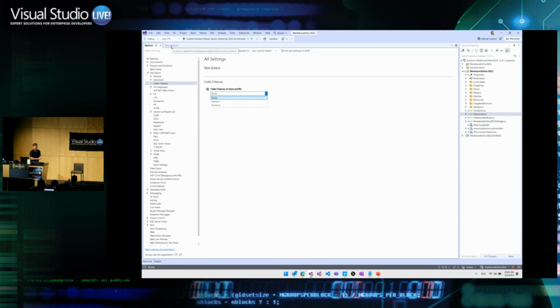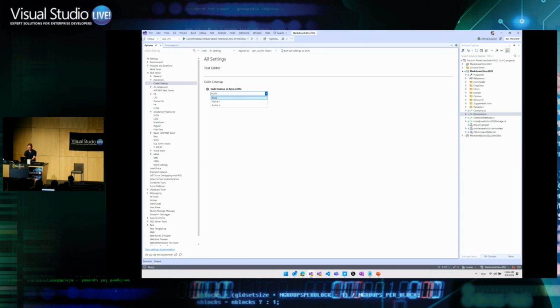Can that setting be committed to source control? It can when we run with the new setting system that we have right here. If you're not on preview and you don't have this enabled, and I don't blame you if you don't, then there's no way to do it. But with the new settings, we completely